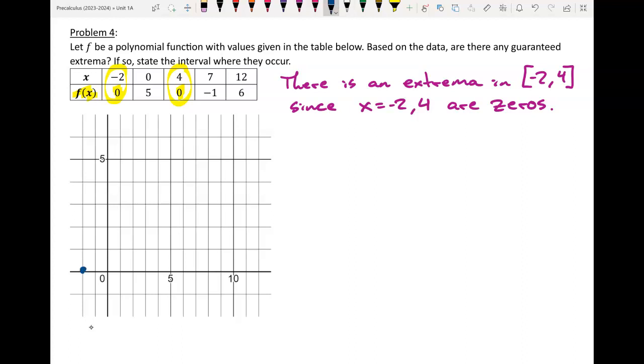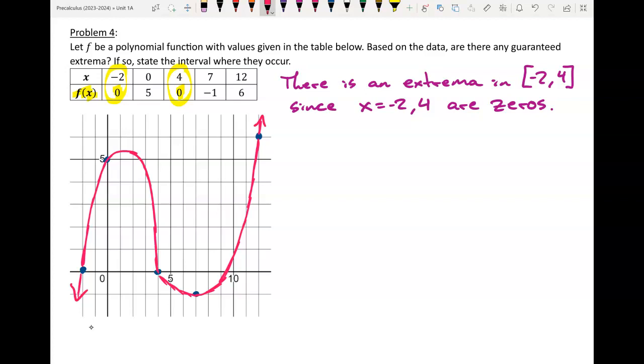So (-2, 0), (0, 5), (4, 0), (7, -1), and (12, 6). So let's go ahead and sketch our graph. So I'm coming up through the 0, I hit this point, and I eventually have to come back down through that point. I have to go through this one, and at some point come back up here to this point up here. Let's see. All right, I like that better. Okay, so